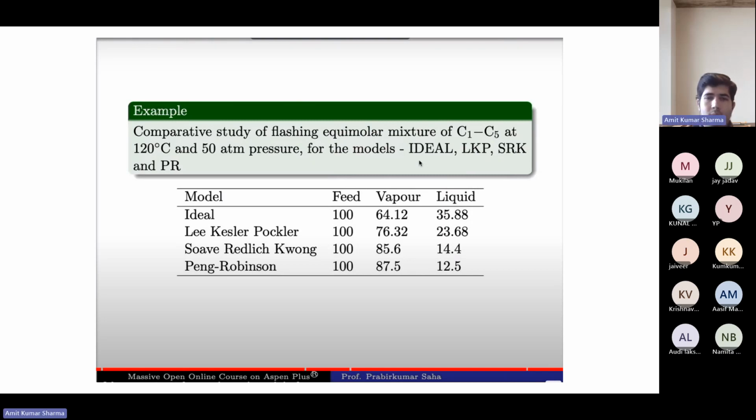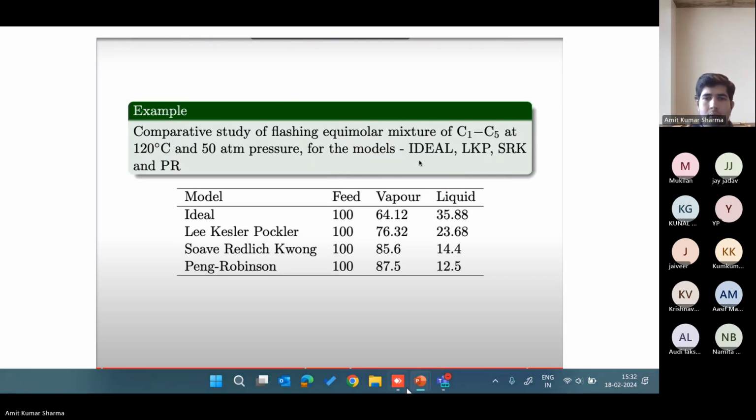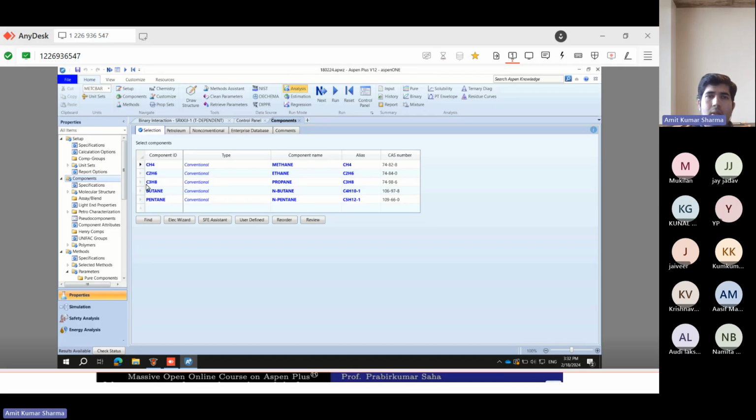If you have seen the question, I can just show you the components. You can select these components.